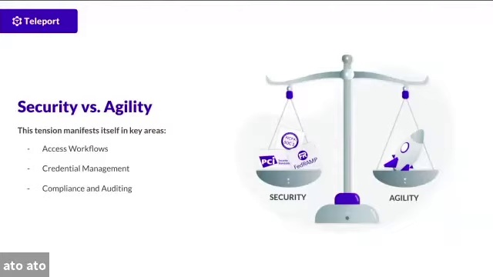But then you have on the other side of the fence your security team, right? Any security people in here? All right, we won't cut you down. But they're a critical piece, but yet we all know security, their job is to prevent things from happening. And so that becomes many times a barrier of accessing resources because everything is locked down. And so it's this scale, this balance that manifests itself from security and being agile. If you have too much security, you're not agile, right? But if you're too agile, there's probably not a whole lot of security within that environment. And so striking that balance and having the right pieces of the puzzle in place.